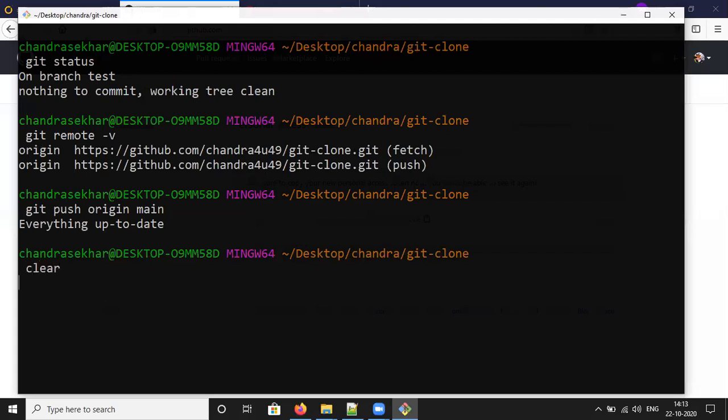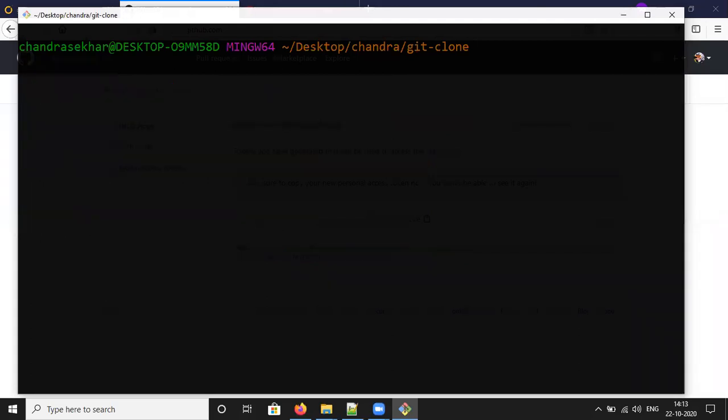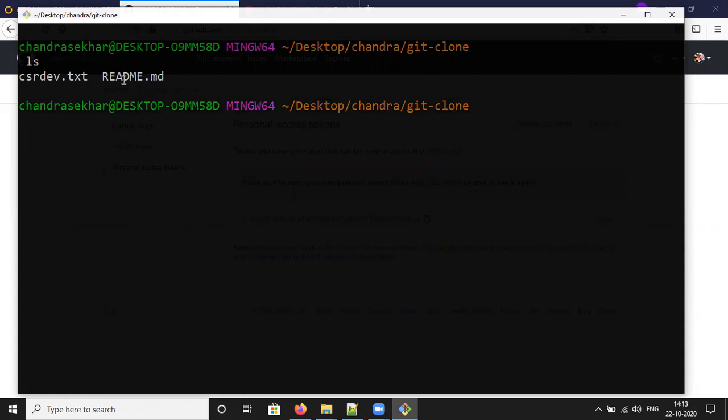So that is how you work with the personal access token and the readme.md file, which contains the project description and title, how it is useful for contributors, and getting started. That readme.md file you can see here. You can check it with cat readme.md.